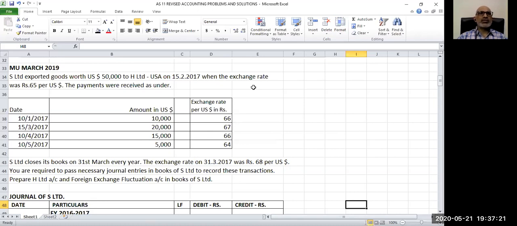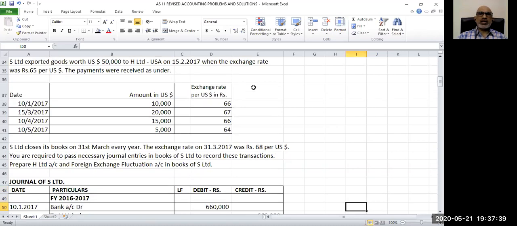Part payment is received in current financial year, that is 16-17, and part payment is received in subsequent financial year. This is also a very important point that we need to note, because this will have some repercussion when it comes to the accounting. So with this background material, let us proceed with the journal entries first, and then we will think of ledger accounts.